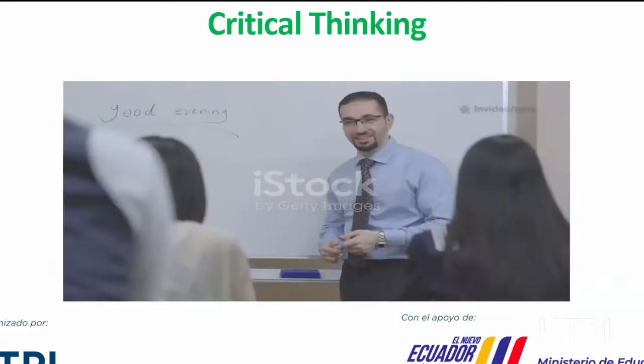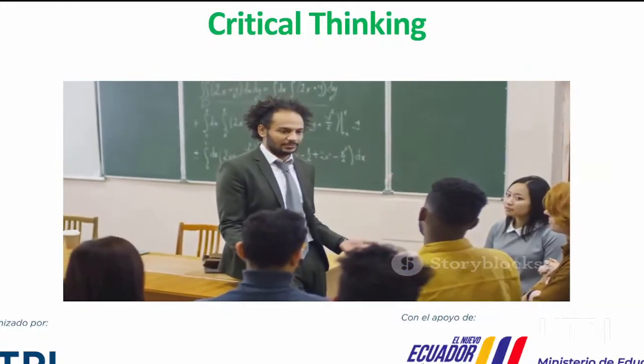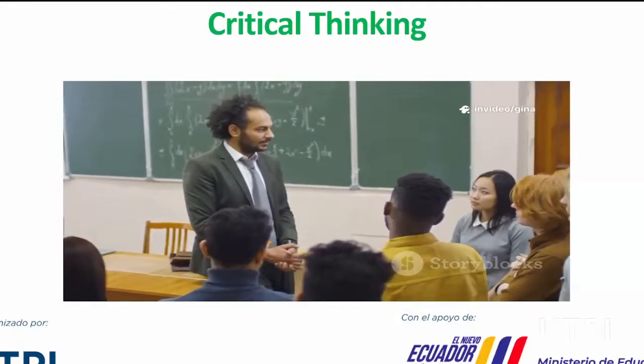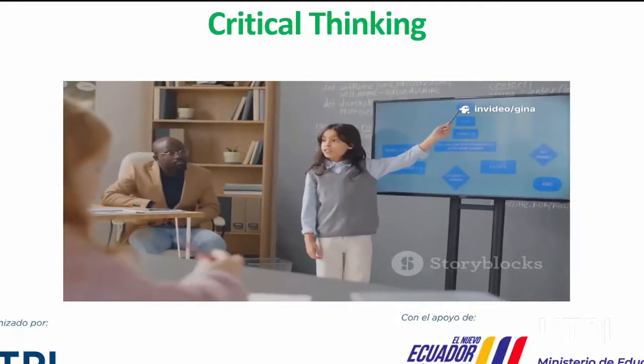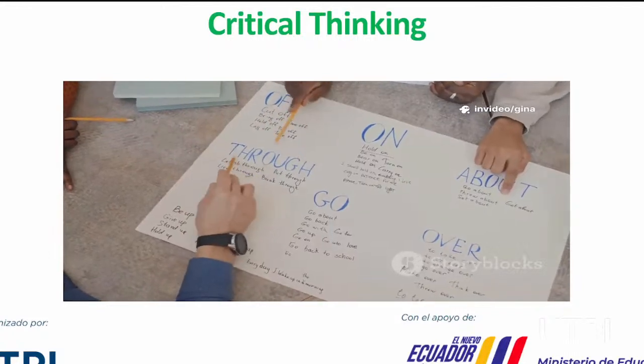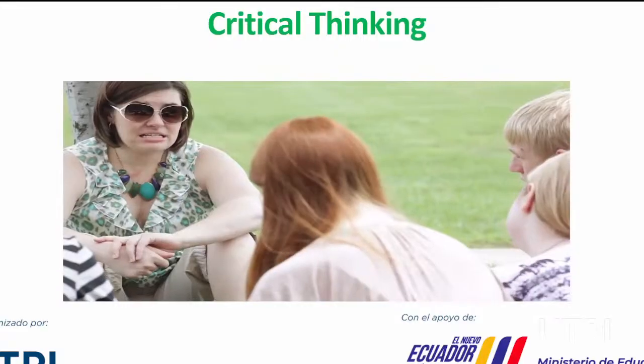To think critically, you must understand how arguments are built. In critical thinking, an argument is a logical structure for presenting a point of view, not a fight. Every argument has three key parts: the conclusion, the main point; reasons, supporting evidence; and assumptions, unstated beliefs.